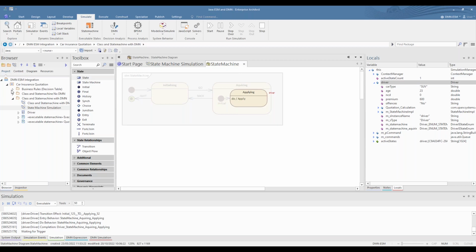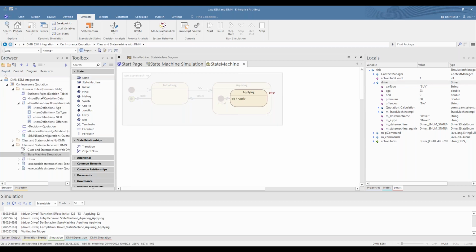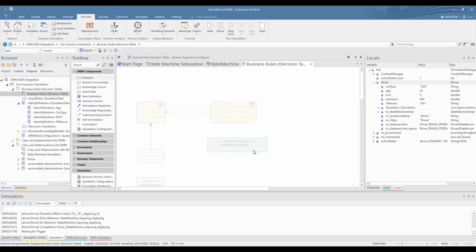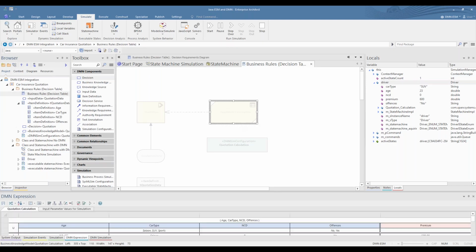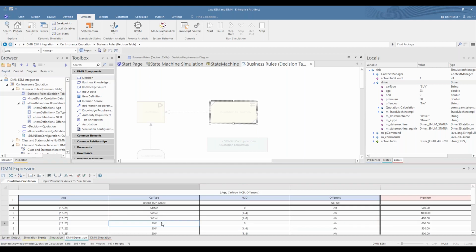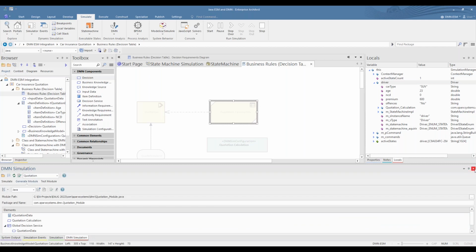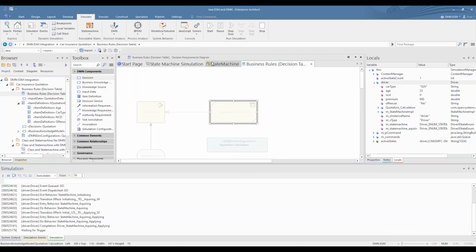All right, you asked for it. So now here is the decision table. If I look for an SUV, age 23, so that's SUV, 0 no claims discount, no offenses, 600. Yes, brilliant. So that is giving me the right answer.